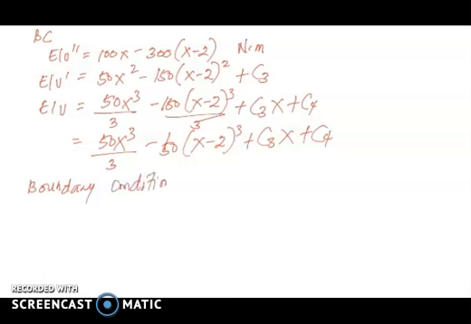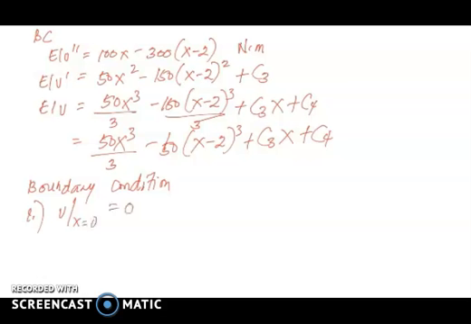We start with the first one, wherein there is no deflection at point A due to the support. The support at point A is a simply supported one, so that is a pin or hinge support at point A. Therefore, you're going to have V at x equal to 0 is equal to 0.